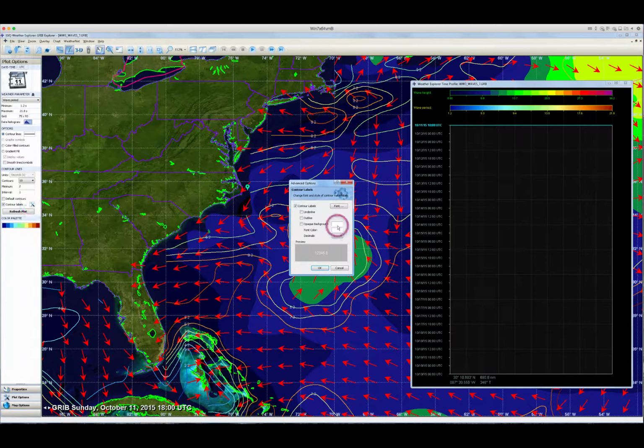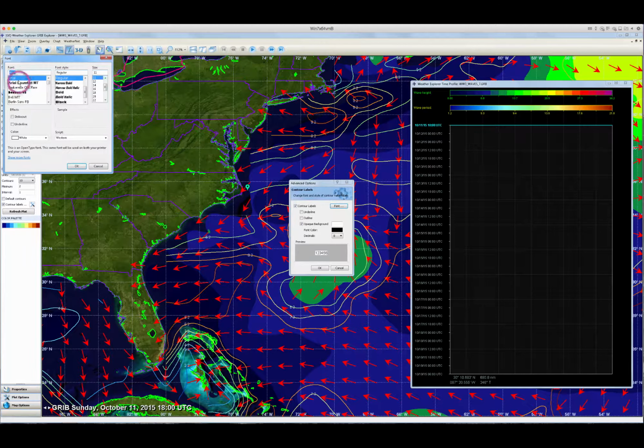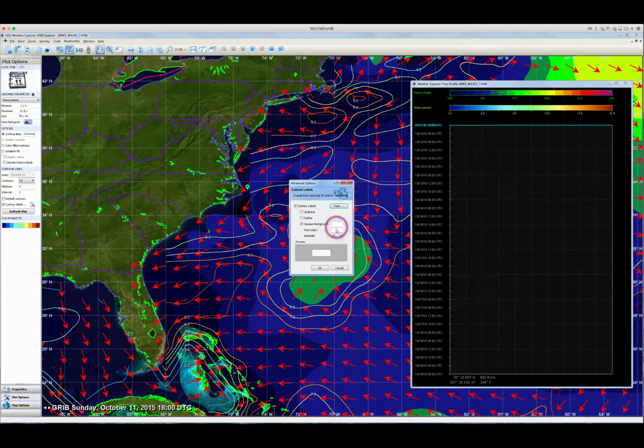And we're going to change how the labels look. We want an opaque background, an opaque background of white, I guess, is fine. Let's choose a font color of black because that'll show up well on white. We don't need a decimal place. And let's do Arial, bold, and 16 point for the font. Okay, there we are. So I click OK,